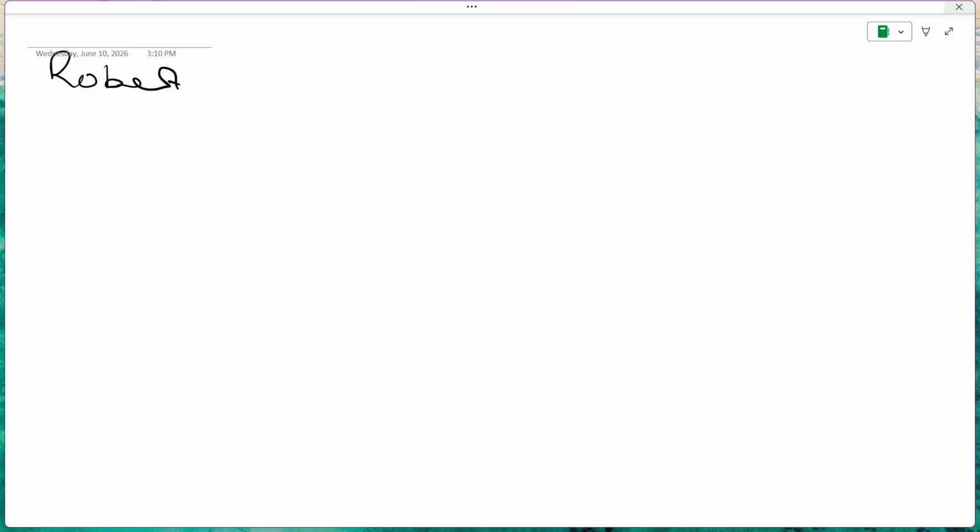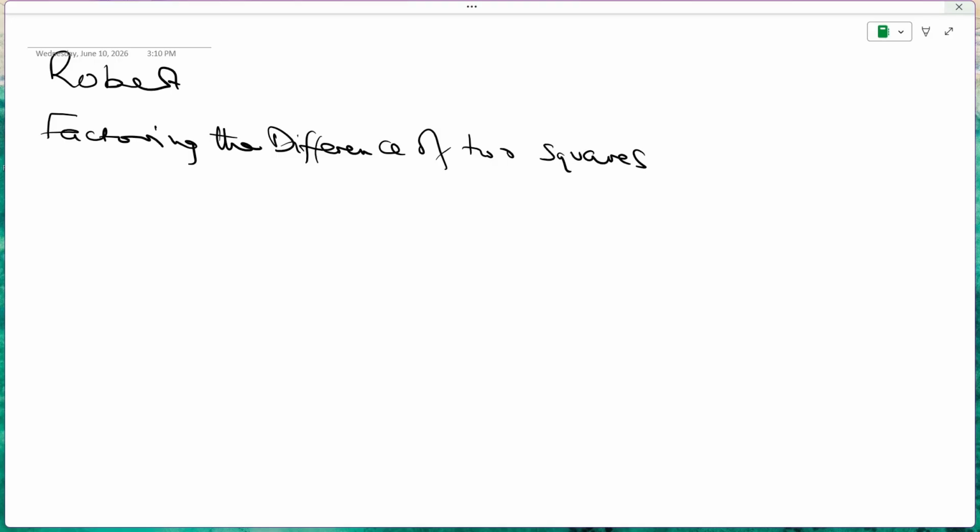In today's lesson, we will learn factoring the difference of two squares. Okay, now let's dive into it. We will look at